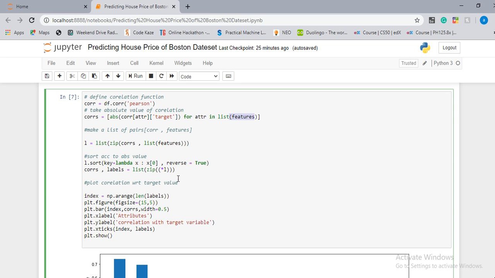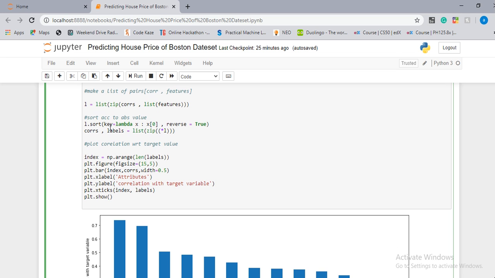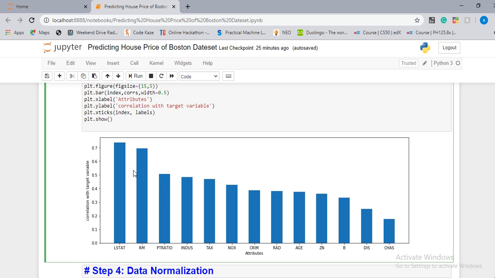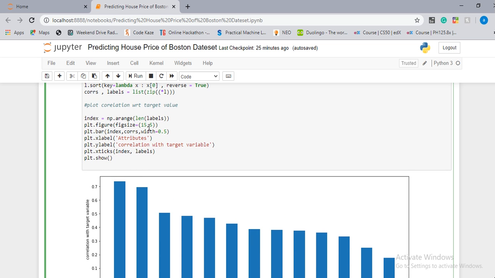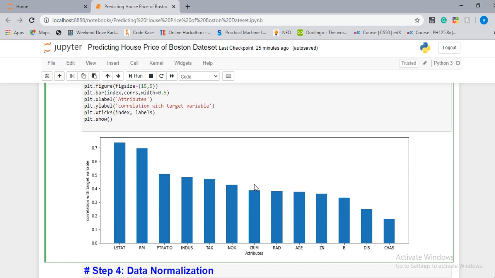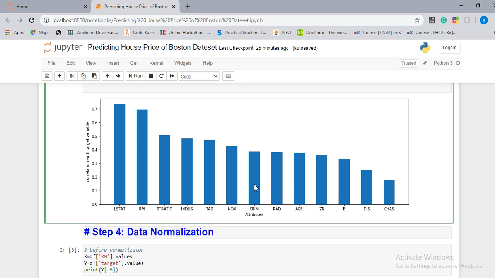Okay, next we sort according to the absolute value of the feature. Here next we make a plot. We make a bar graph of size 15 and 5, where we give the x label to the attributes and the y label to the correlation with the target variables. Then we show. Here we can see there are only two features that can affect the most,